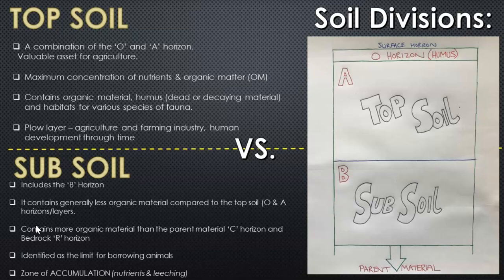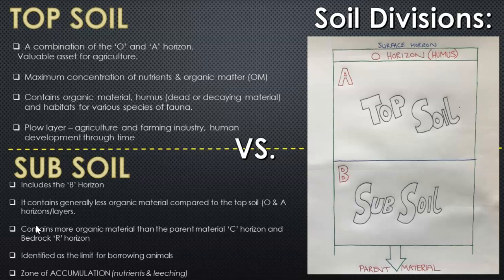and worms, bacteria, and the mixture of those four constituents, which is the water, air, organic material, and mineral particles or mineral pieces. Things like sand, silt, and clay, and you get larger mineral pieces like the pebbles and the cobbles and stones. So the topsoil includes the O and the A horizon, which are the top, and O stands